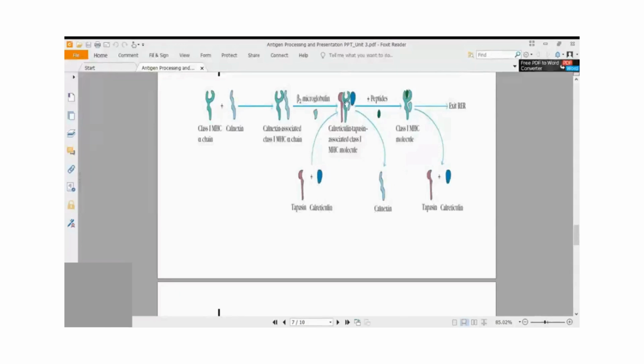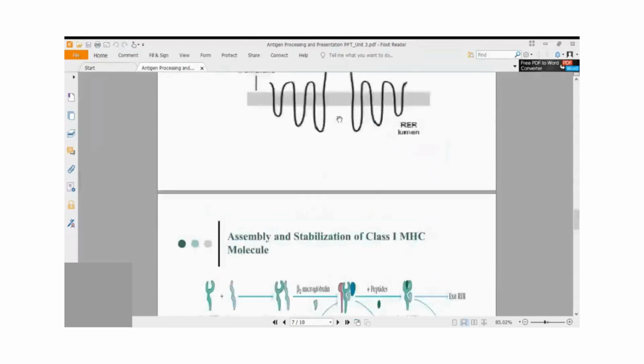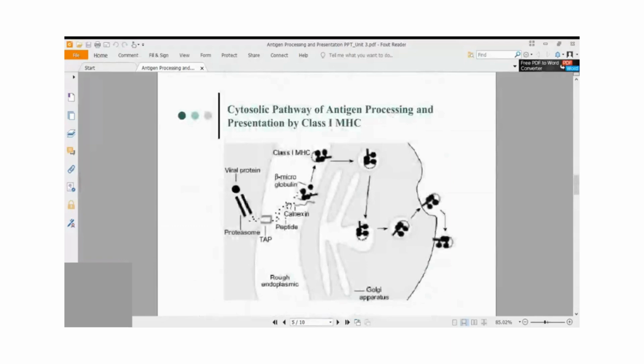Now the class 1 MHC, which is protected by tapasin and calreticulin, should bind to the antigen in its antigen groove, from the antigens that are generated here, micropeptides that are generated here in the lumen of the rough endoplasmic reticulum. Those could be self proteins, or those could be the proteins of viral origin or bacterial origin. So if the self protein is presented here,